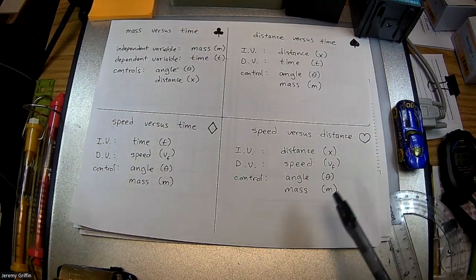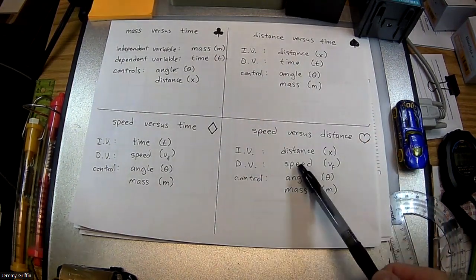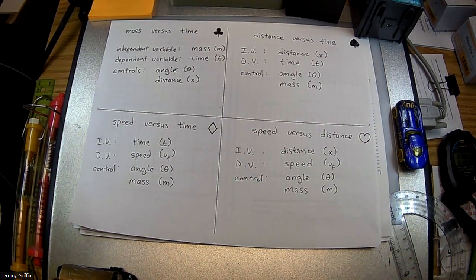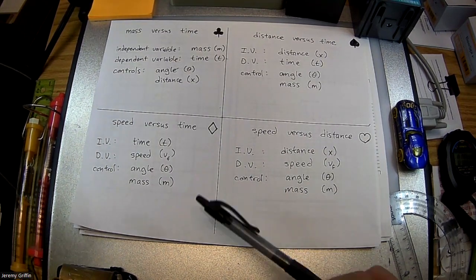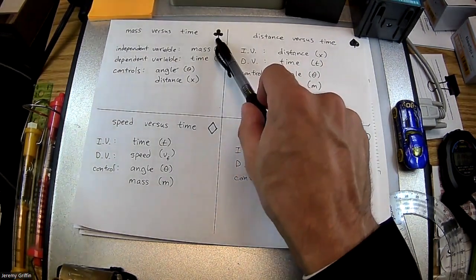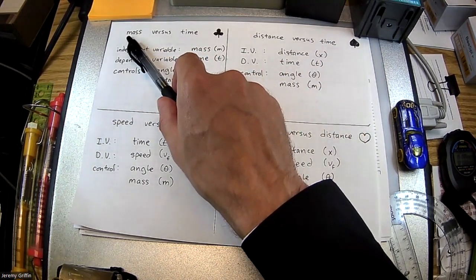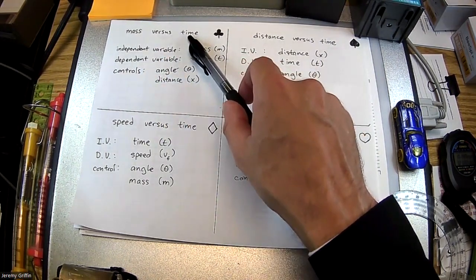And whichever suit you have tells you which experiment you're gonna do. Let's do 4 different experiments, okay? And then we'll bring it all together as a class and make some giant master equation. Okay? So if you have the clubs tomorrow, I'm gonna have you test for mass, like mass as a function